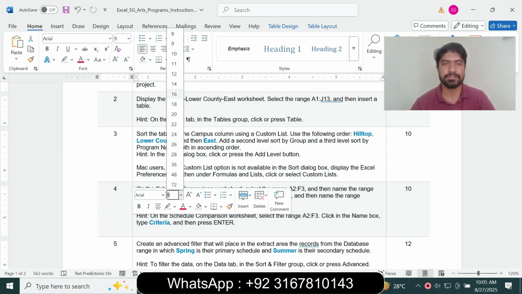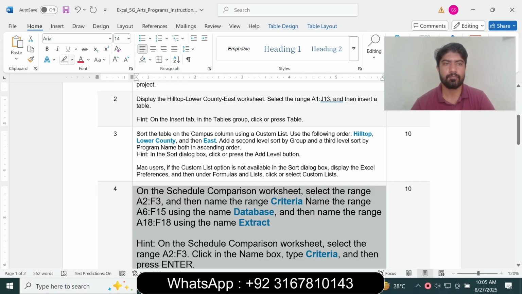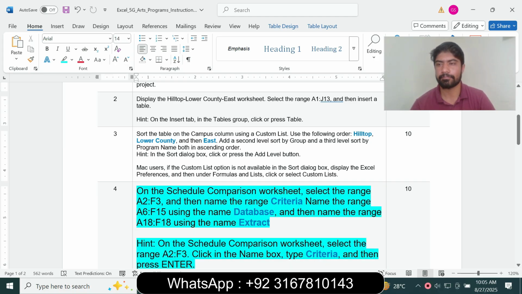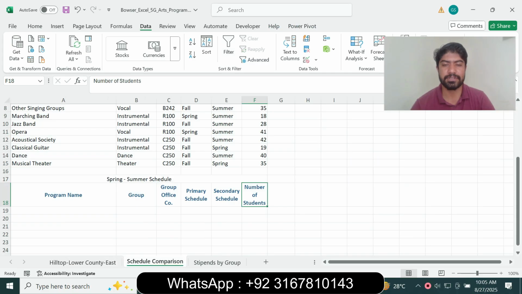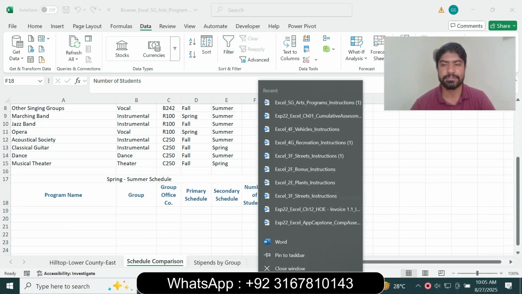So question number 4 is: on the schedule comparison worksheet, select the range A2 to F3 and name the range criteria, name the range A6 to F15 using the name database, and then name the range A18 to F18 using the name extract. So go to the schedule comparison worksheet, and next is